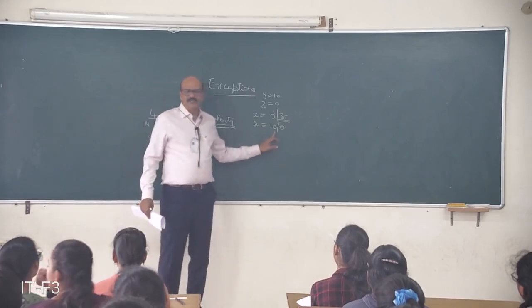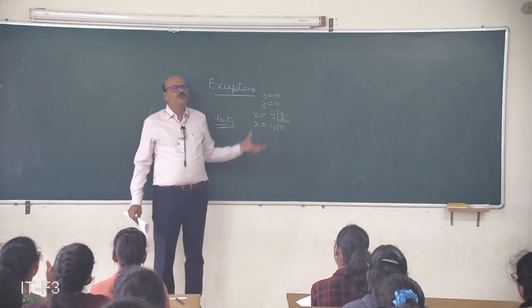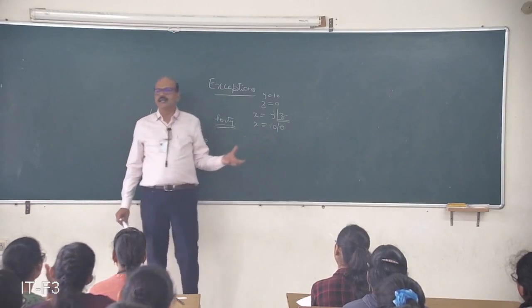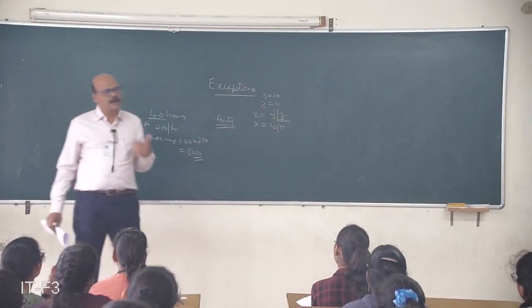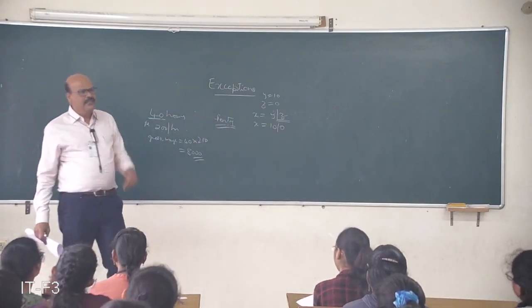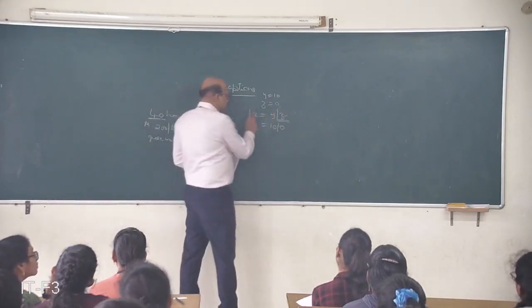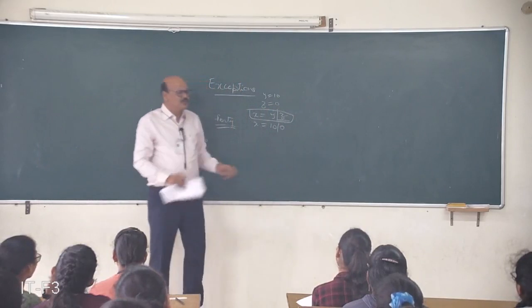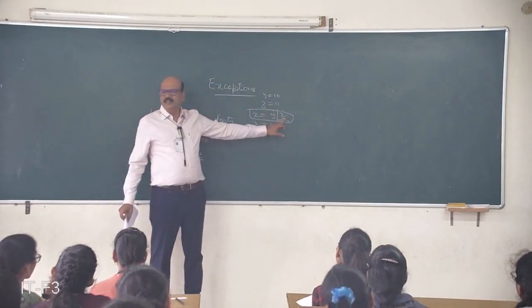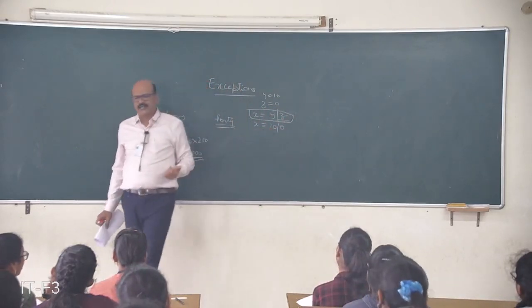So your computer also cannot perform this operation. This type of error is known as an exception or runtime error. During the execution, the value of the denominator becomes zero. Say there is no syntactical error in this statement: x is equal to y by z. In Python, there is no syntactical error.